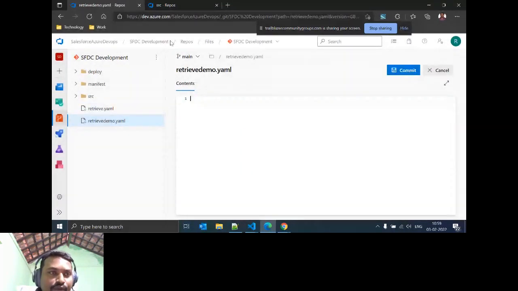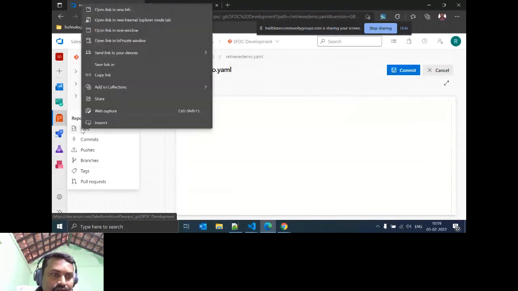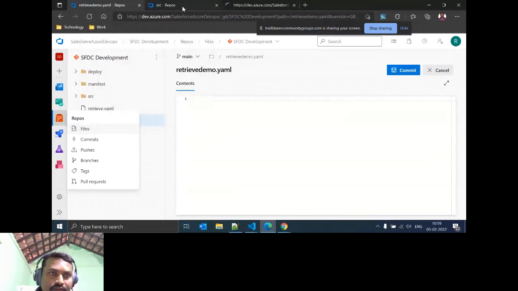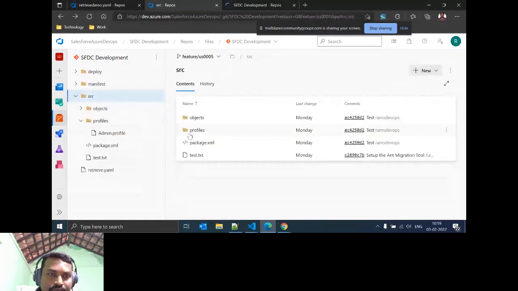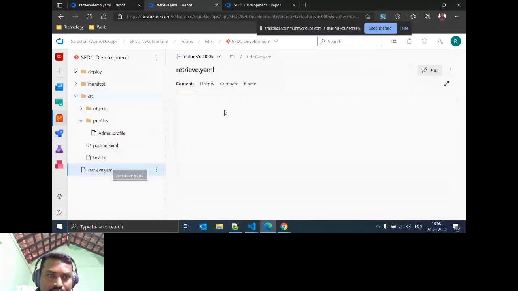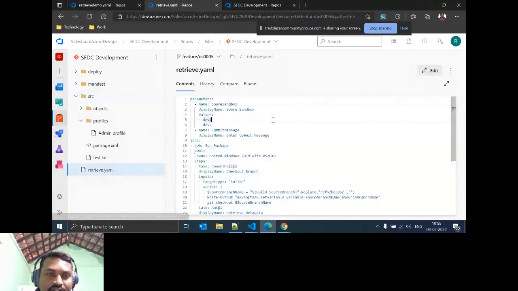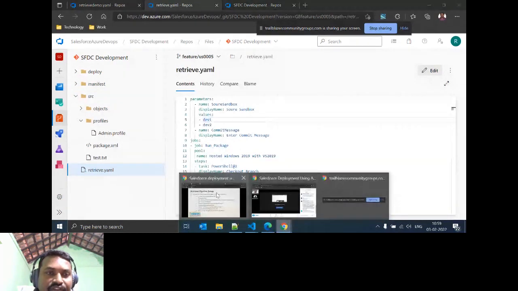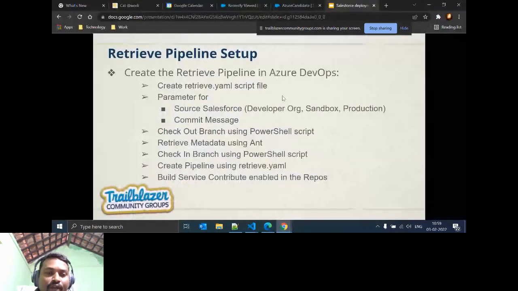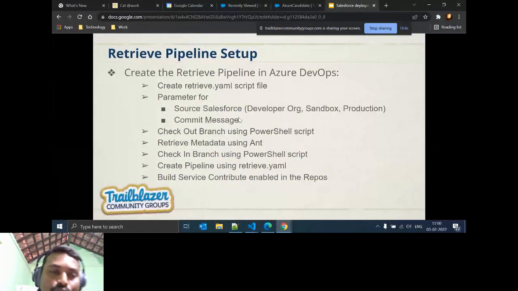I create the new YML file. Here we take this component first. We create the new YML script file, then we need to define the parameters for a source sandbox.